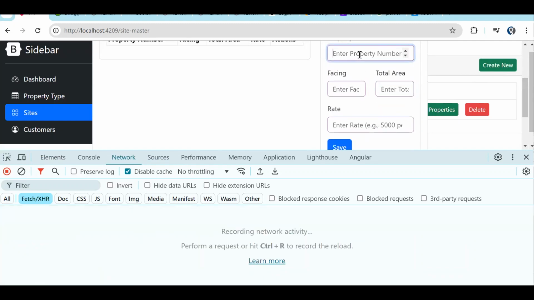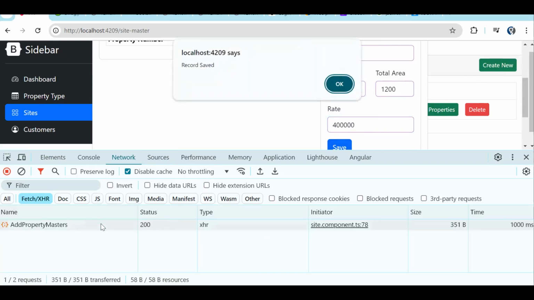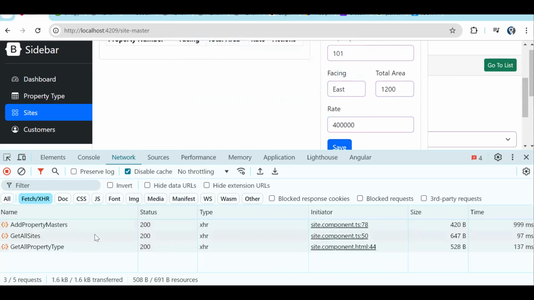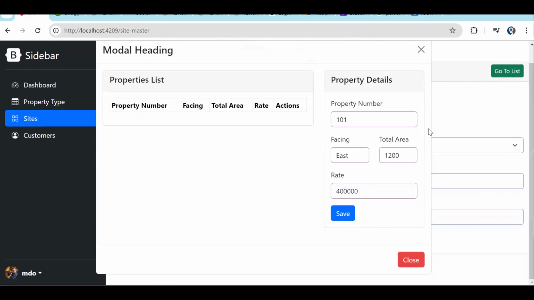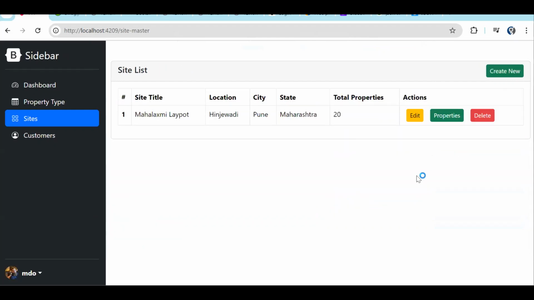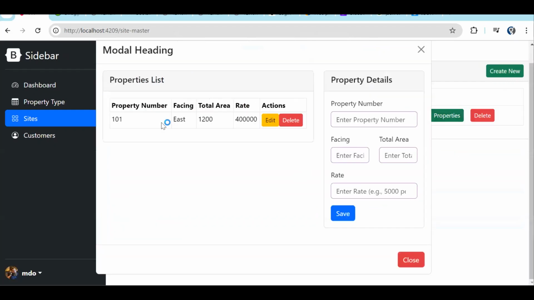So property number 1101, facing east. Fine. So now if I click on save, record saved. Now if we check the object, see, site ID is going over here. Let's close and open it again. So now you can see that the property is visible. But